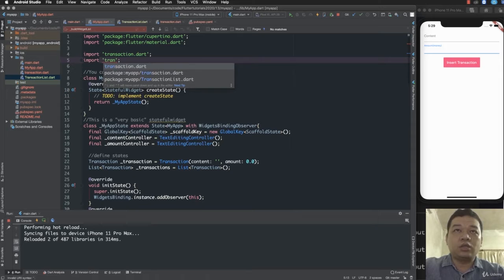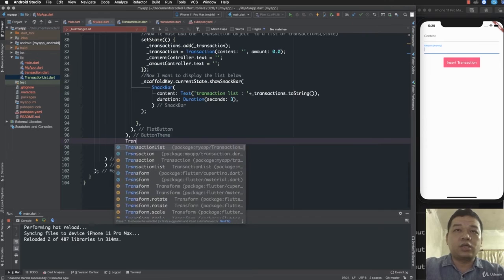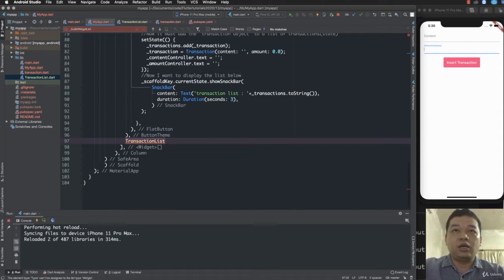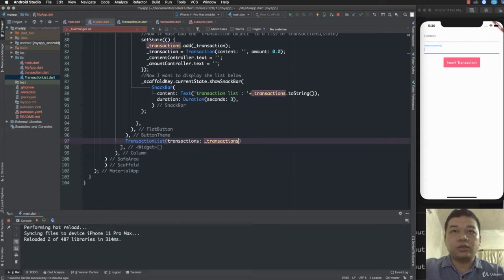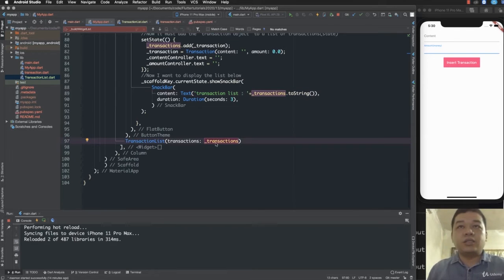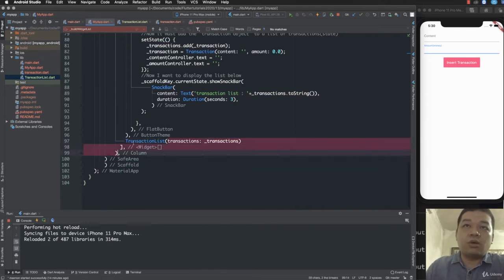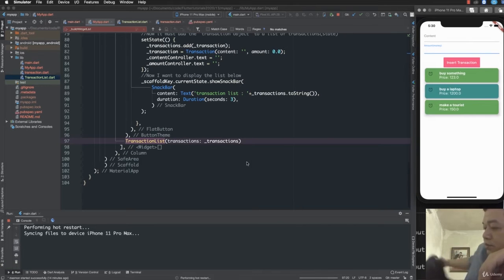And here I import this transaction list, and I add the transaction list below the button theme. So below the insert transaction button, here I call the transaction list constructor and I transmit the transaction object to the constructor of the transaction list. Okay,